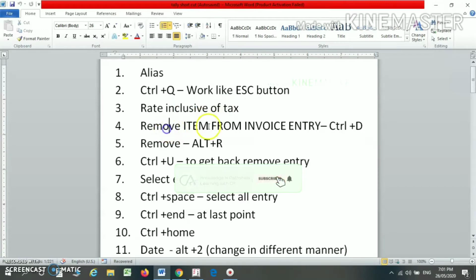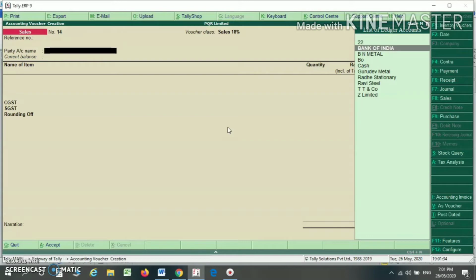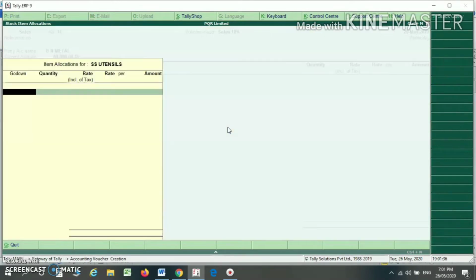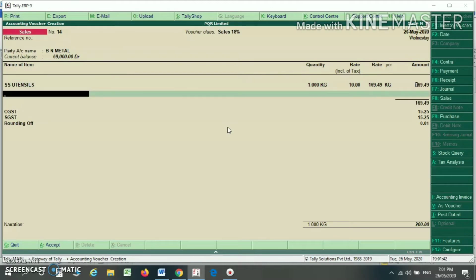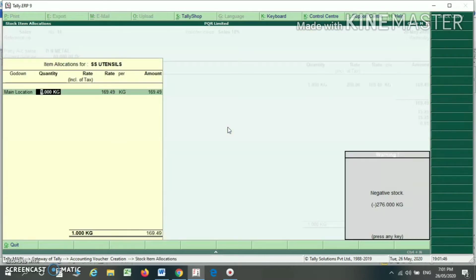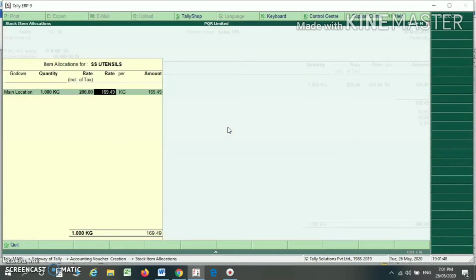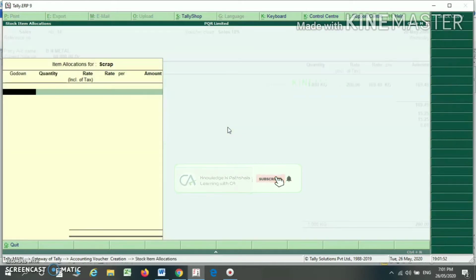Next, remove an item from your invoice entry. Suppose I have made the entry for my sale transaction. Now I am again adding another item, scrap.